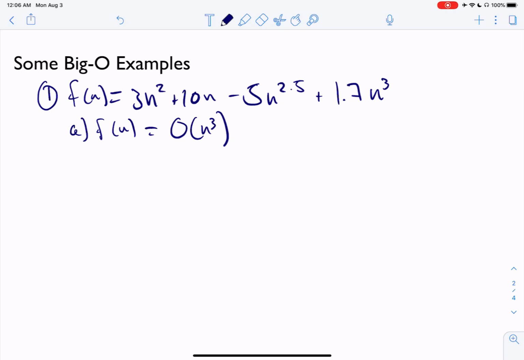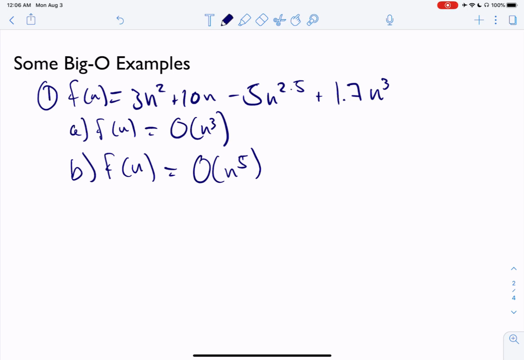So f of n, even though this function has all these other terms, the largest term is this one right here, right? And that's the one that we care about. And so certainly this thing does not grow any faster than n cubed. It's important to point out that because it grows as fast as n cubed, it also doesn't grow any faster than n to the fifth. So actually we can write f of n equals O of n to the fifth,